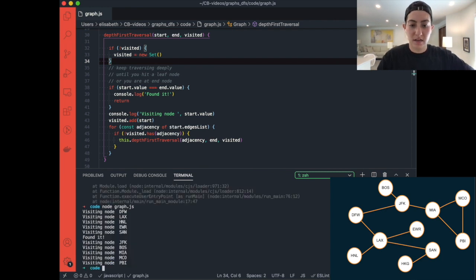Okay, so let's see what we get. All right, so it looks like so far so good, right? We start at Dallas Fort Worth and we go to its first adjacency, LAX. And then from there we continue deeper, right? We go to Honolulu. Honolulu is a leaf node, right? So we backtrack back to LAX. We then visit Newark and we backtrack again, right? Because Newark is another leaf node. We go to San Francisco